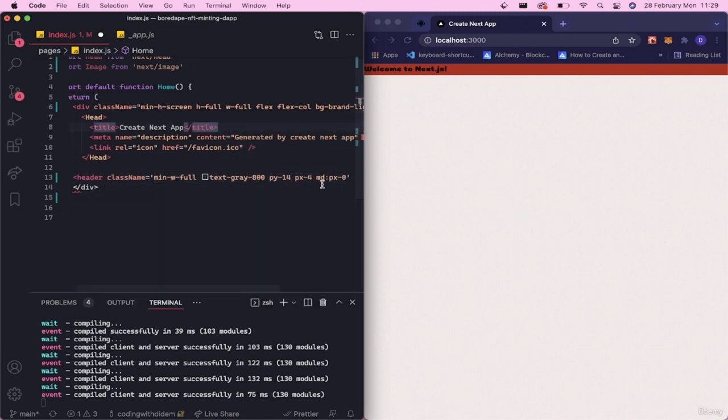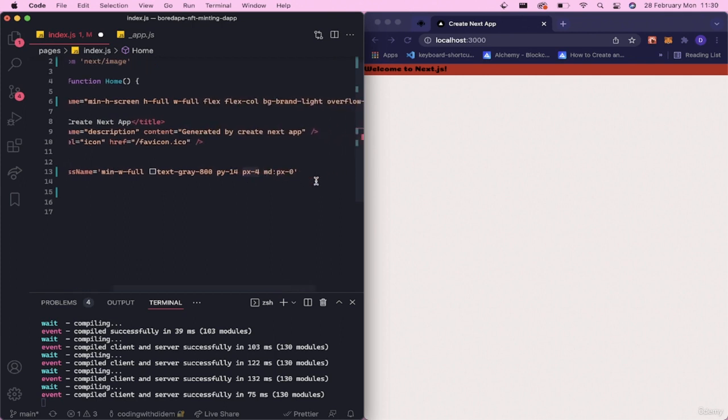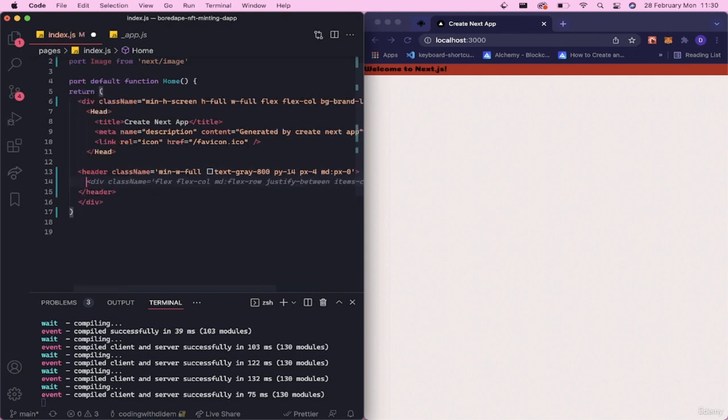Okay, so this padding here is the mobile version of it. In mobile screens we're gonna have like 1 rem, 16 pixel padding horizontally, and for bigger screen we're not gonna have any padding. So this is the header and class name